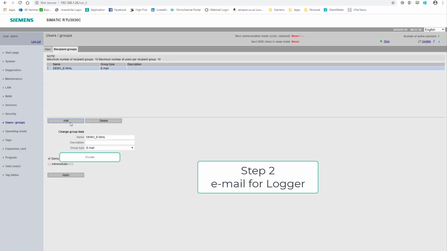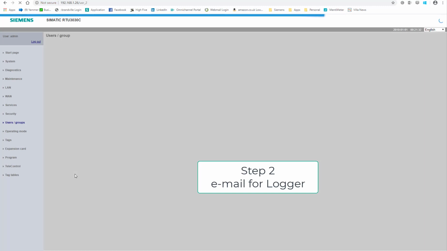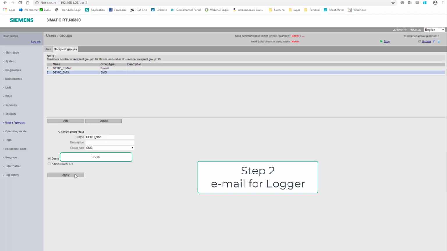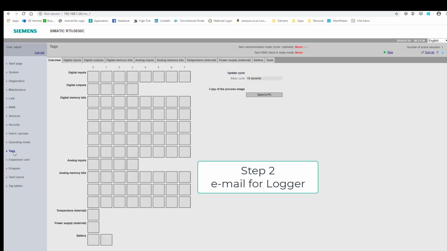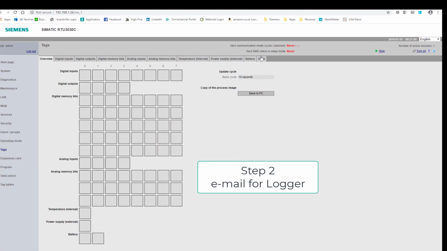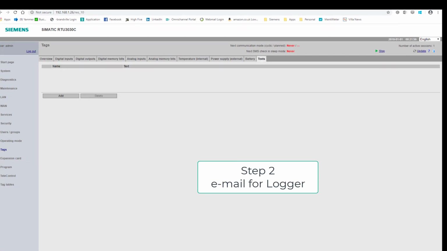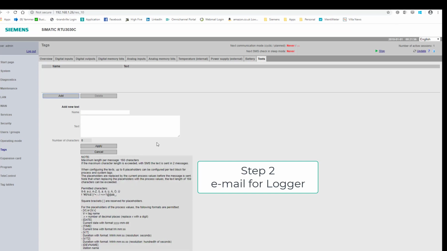And then I'm going to add another group, and I'm going to call this demo SMS. So there we have our two user groups. If we now click on tags at the end here, we have texts, and we can add